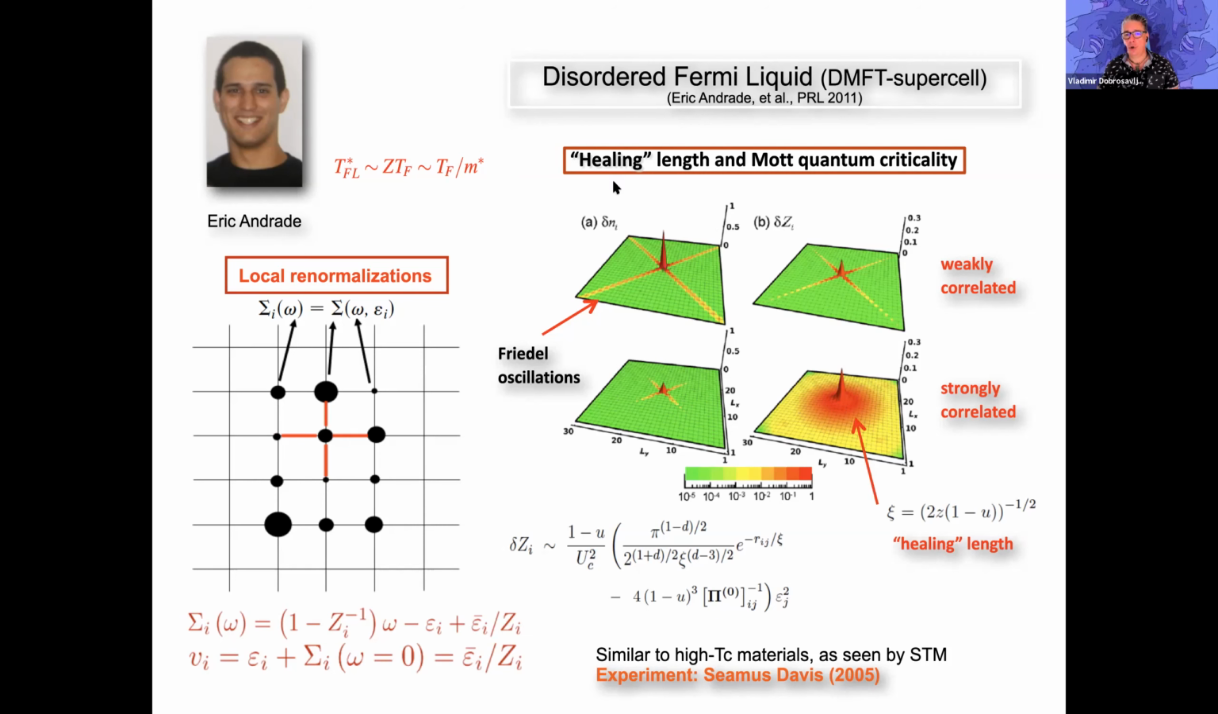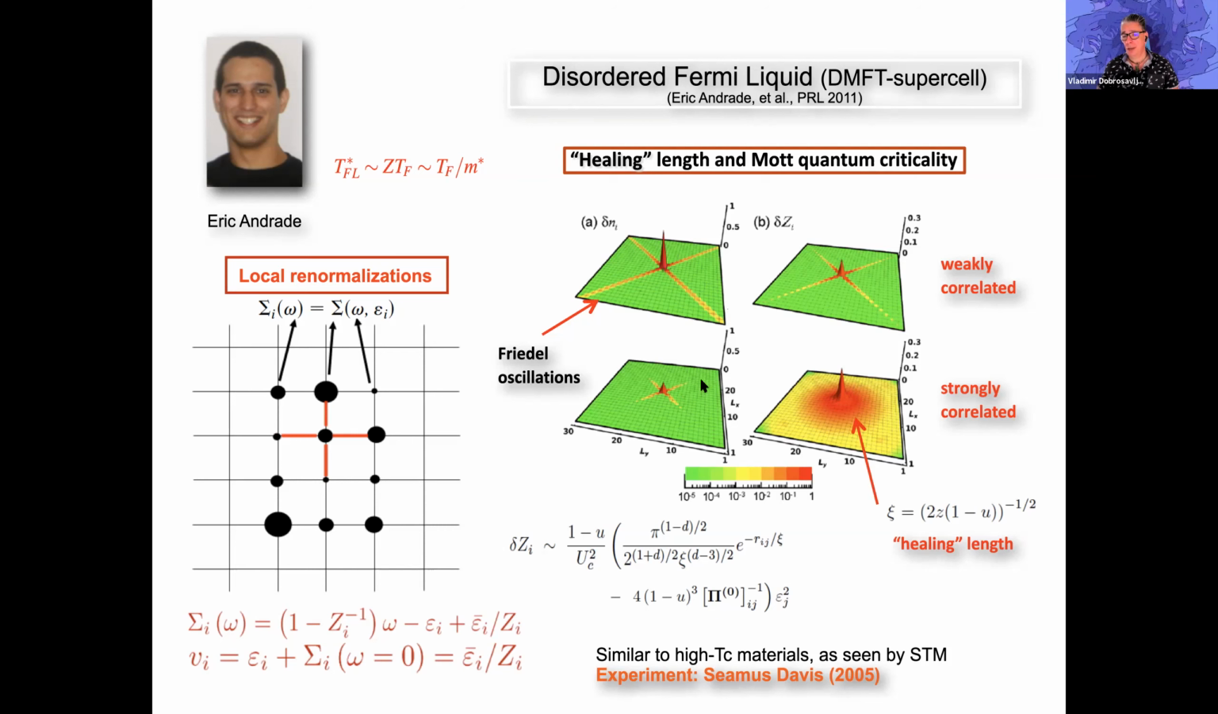And so some people call this a healing process, a healing length. Healing because the impurity is now not able to affect most of the Fermi liquid except in its immediate neighborhood. What does set the length of this neighborhood? Well, as it turns out, there's a correlation length that's associated with the Mott transition that grows only very close to the Mott transition, and it sets the scale for this healing length. So this is something completely different than what you find in